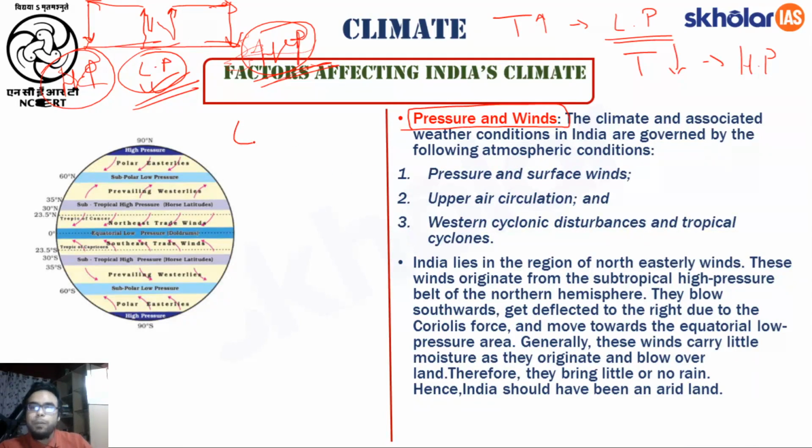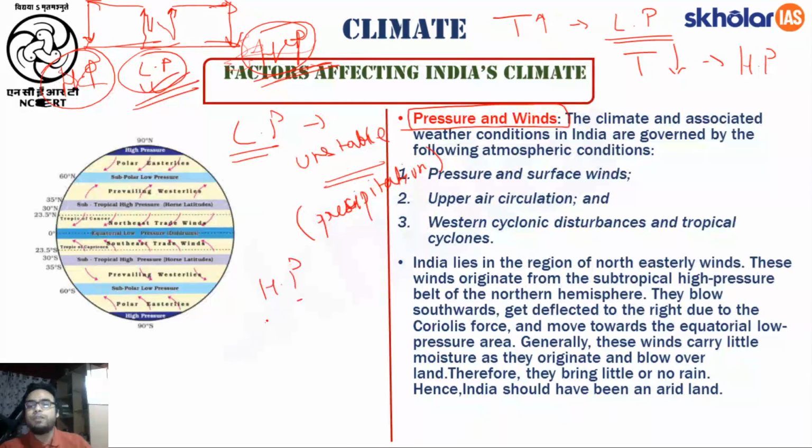So always remember, low pressure areas are areas of instability, or unstable areas, meaning here we will have precipitation, and in high pressure, because of subsidence of the air,